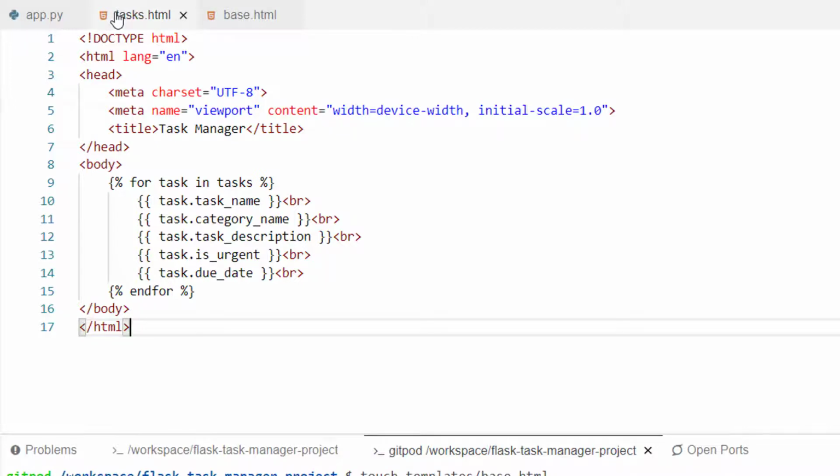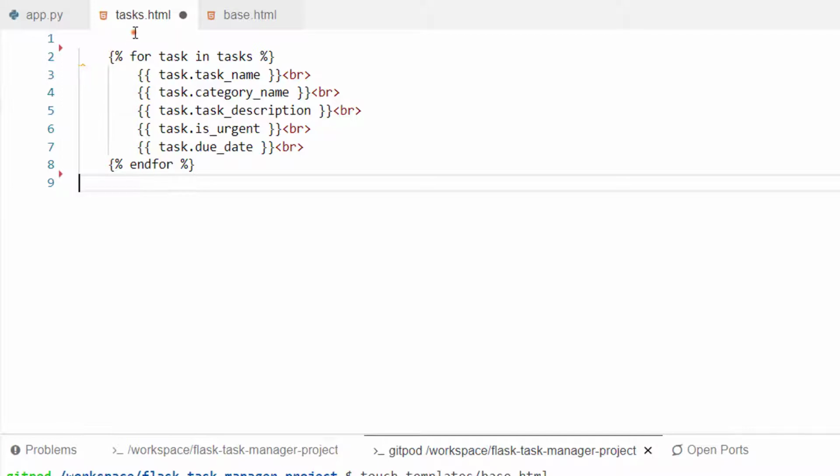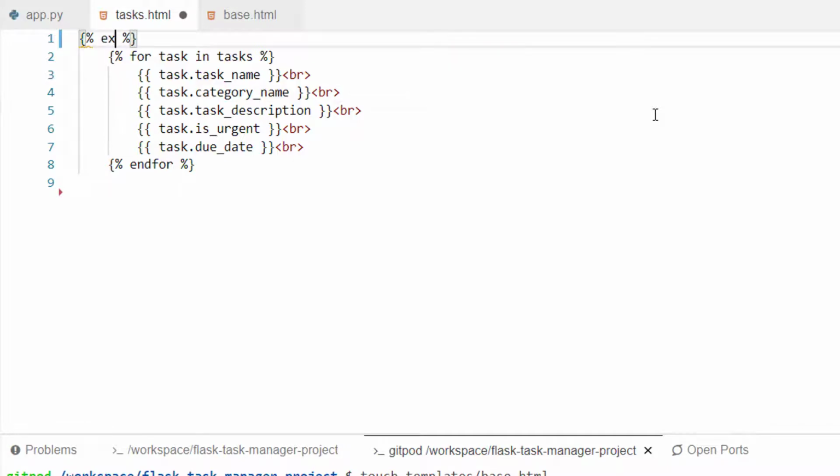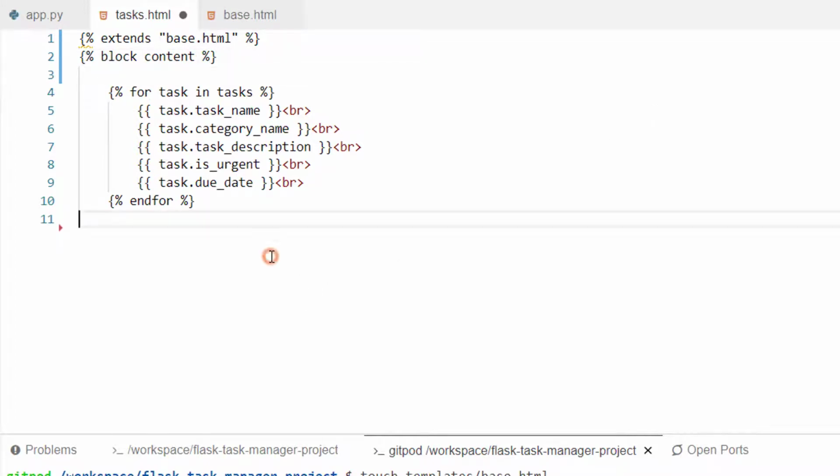Our goal now is to inject the contents of this page directly into our base template block element. We no longer need the core boilerplate elements, so we can remove all of the body, head, and HTML tags. The only thing we need to retain is our Jinja for loop of tasks from the database. In order to display this from within our base template, we need to extend this file from the base.html, wrapped in quotes. Then, we need to tell the base template which block element we're injecting our code into, and in our case, it's block content. Again, be sure to always include your closing end block.